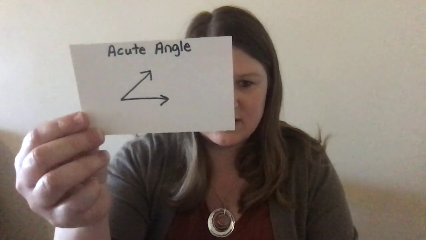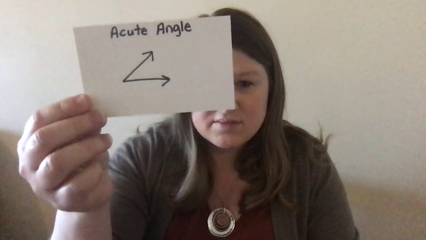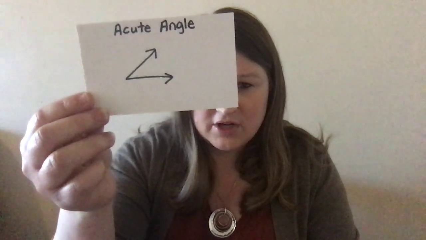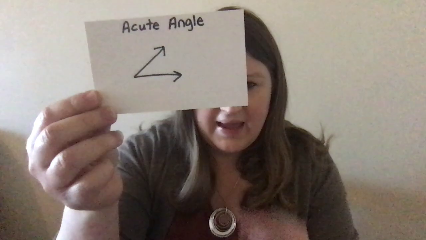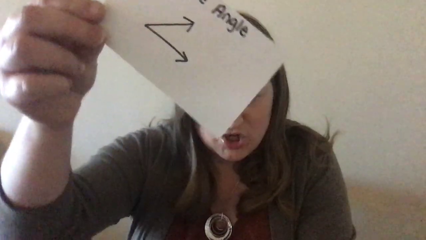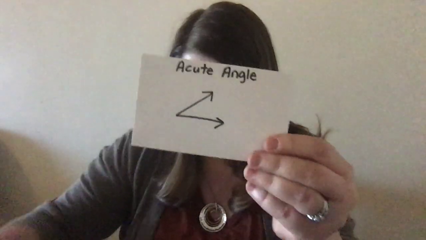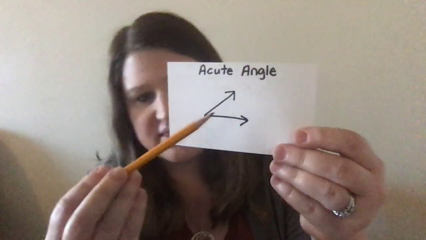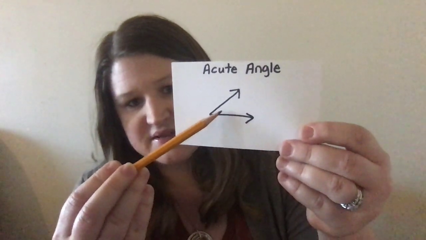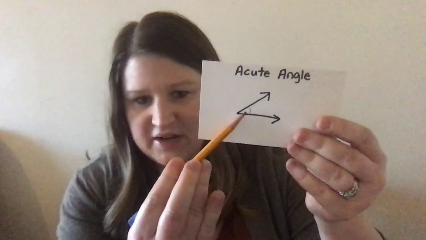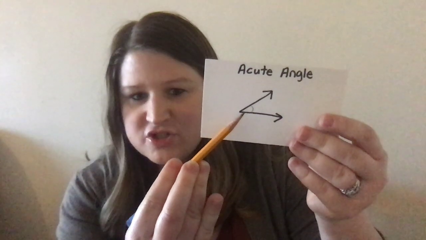One of the types of angles that we talked about is an acute angle. Remember, it looks like this. So it's smaller than a right angle, and we'll talk about a right angle in a minute. And remember that it can be turned any way. So even if your angle is going like this, I want you to pay attention to this area right here. Sometimes you might see that little line that I just drew in pencil,